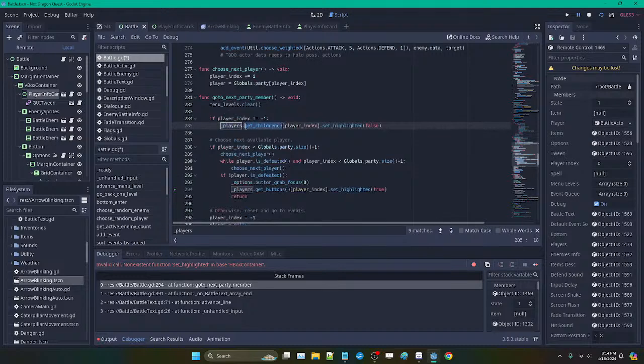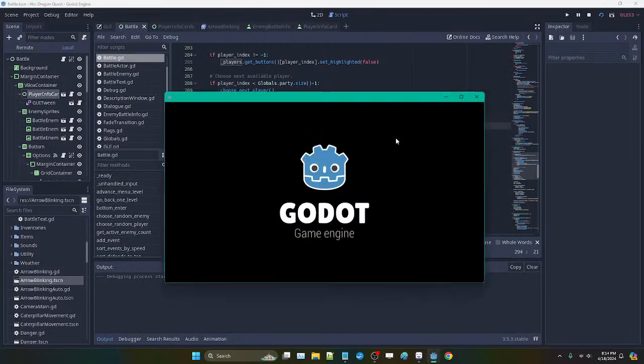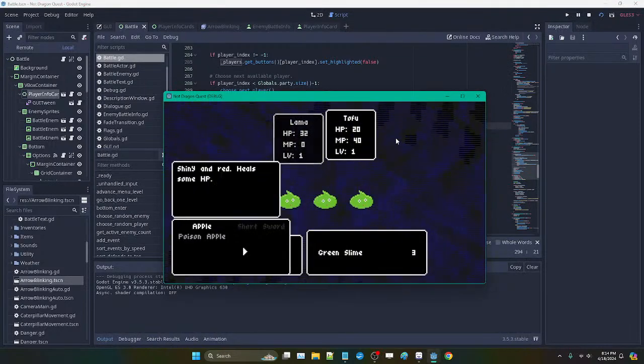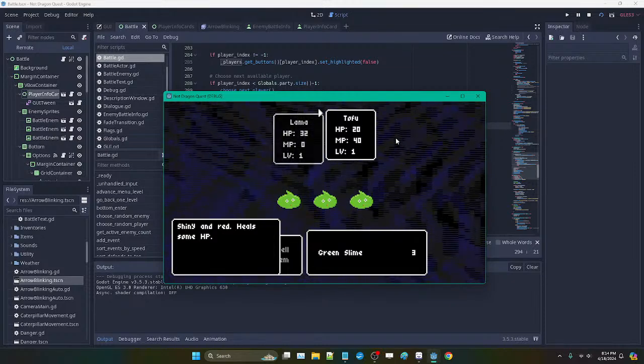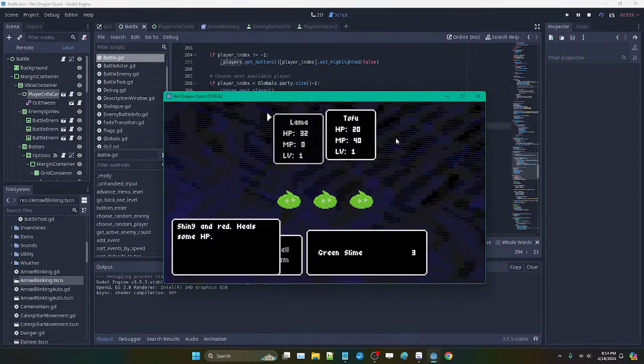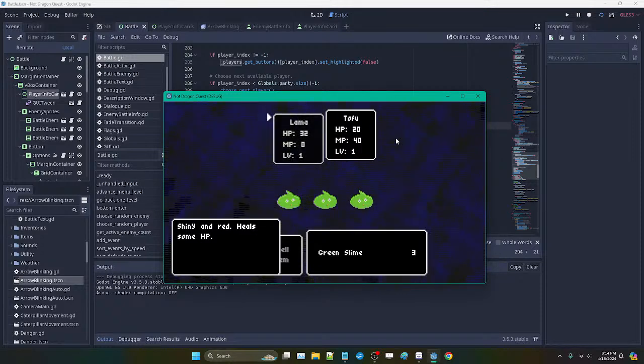We have to do get buttons here. It's just because it's a menu now. All right, so that should be good. We'll see what happens. This game's just crazy. So look at that. Look, it's a menu. It works. And the next step is just, when we pick a target, when we pick one of these buttons,